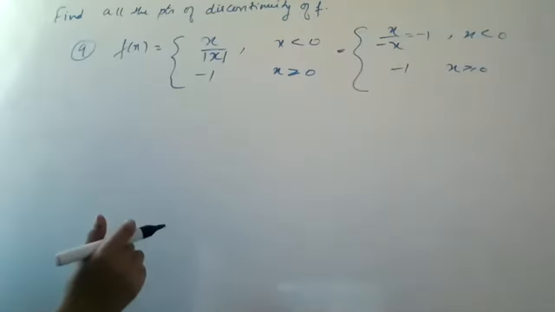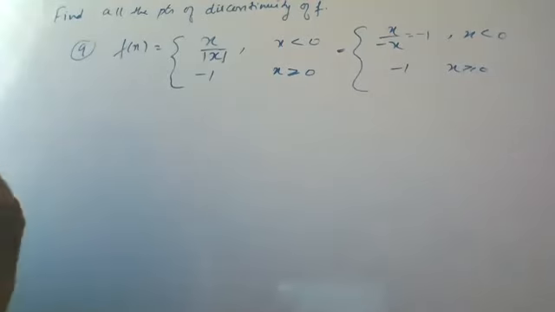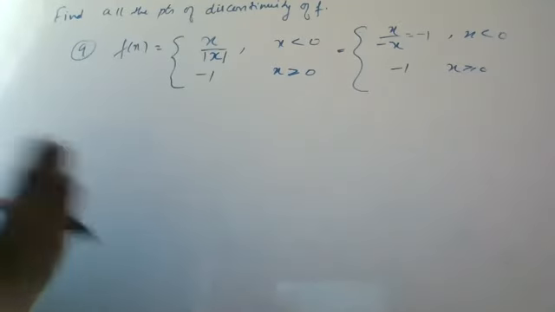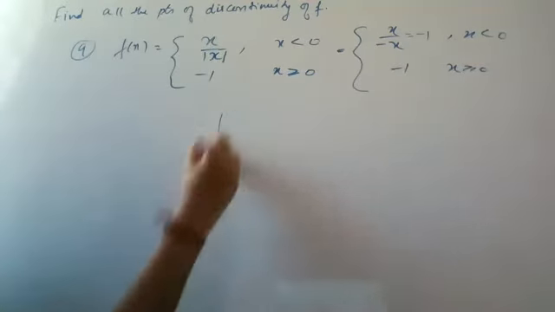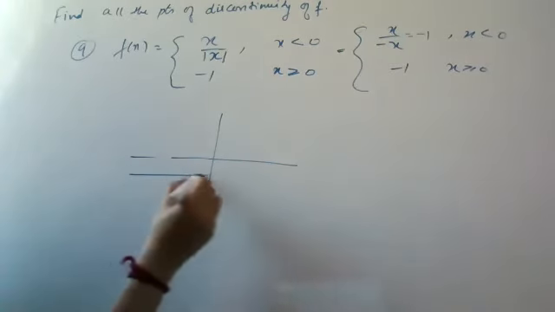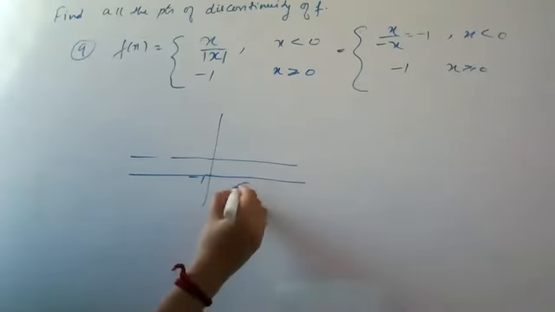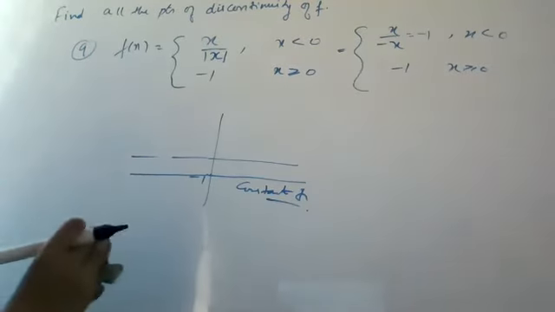फिर इसका मतलब क्या हुआ? फंक्शन less than 0 होगा तब भी -1 दे रहा है, greater than होगा तब भी -1 दे रहा है. At the point 0, then also the function value is -1. That means it is a constant function. It is not changing its value as x changes. x का value जो भी हो, function value -1 ही आ रहा है. That means you will get a straight line. So it is a constant function. Okay, constant function is continuous.